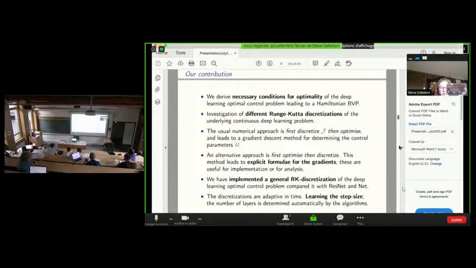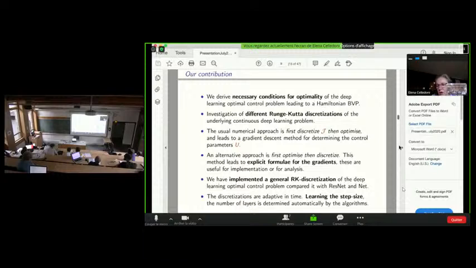So let me say just a few words about our contribution. What did we do? Very quickly, perhaps it's not so important to state what we did, but let me say it anyway. Our background is that of people in optimization and people in numerical analysis of differential equations. And what we wanted to see was what we can do with our background, starting from this optimal control viewpoint.